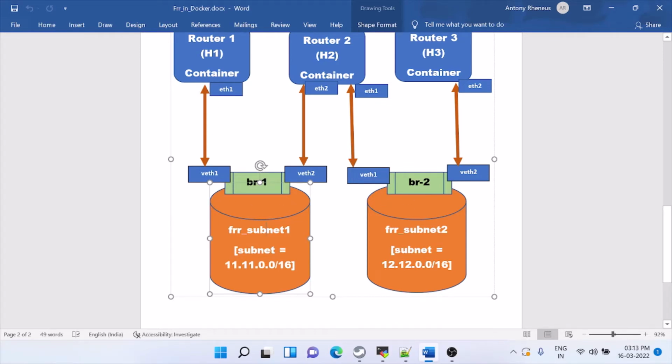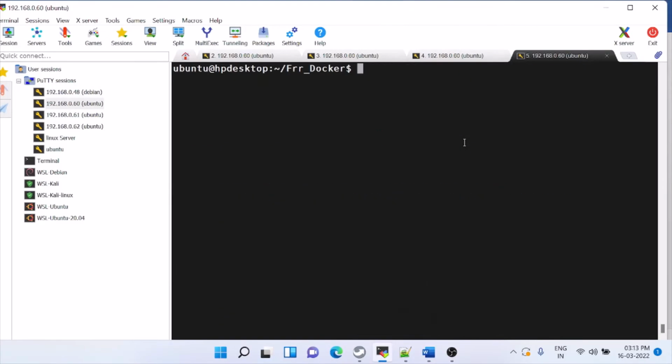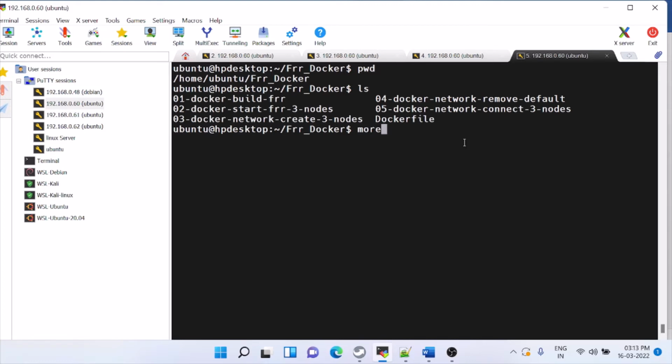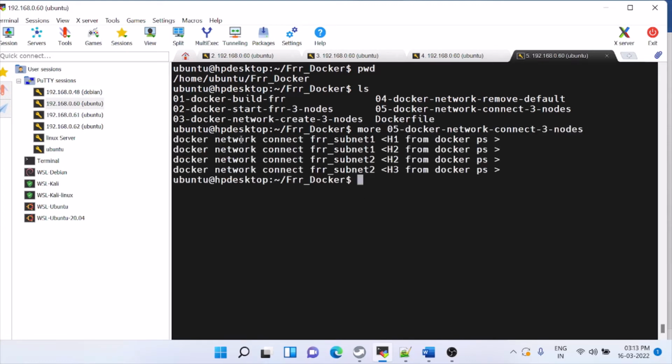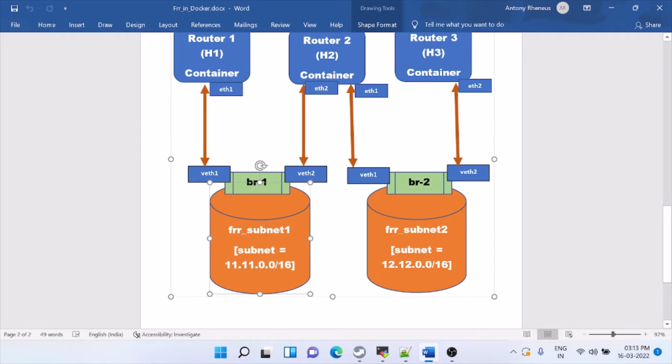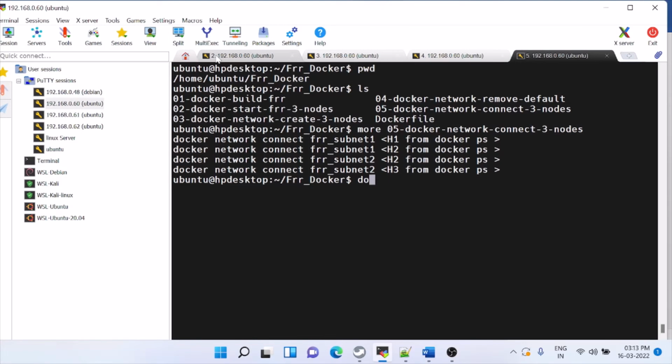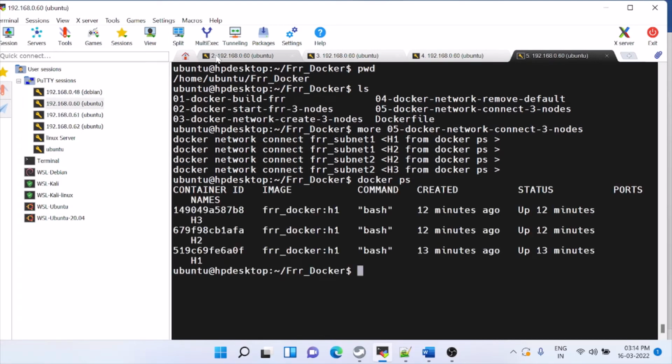Now we need to create this vETH interface. So how to create those vETH interfaces? We have to create a connection. So the command, what we have to do? Docker network connect. Then we have to connect this FRR subnet 1 to this router. This router is this H1. So how to get the Docker? This is H1. If you want to see what is there in that H1, docker inspect